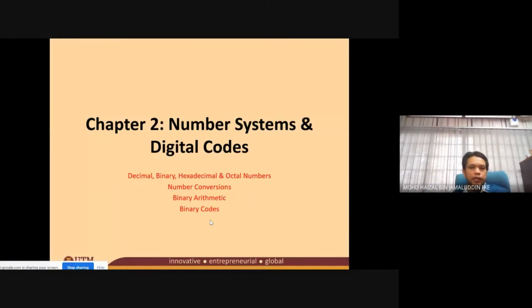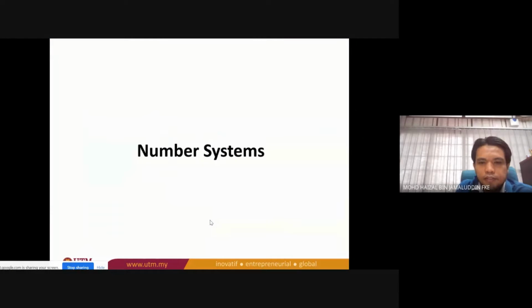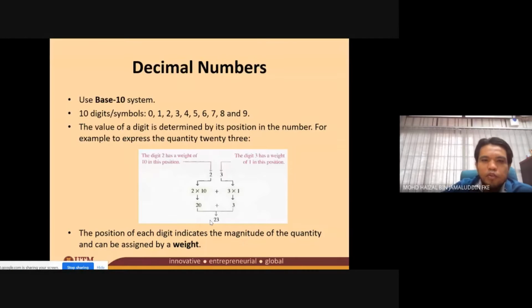Which number system and digital codes. So what is this? Okay, so we are playing with numbers. We are living right now with numbers from 0 to 9. My son is just starting to calculate: 0, 1, 2, 3, 4, 5, 6, 7, 8, 9. They have already been introduced to it during, what do you call it,